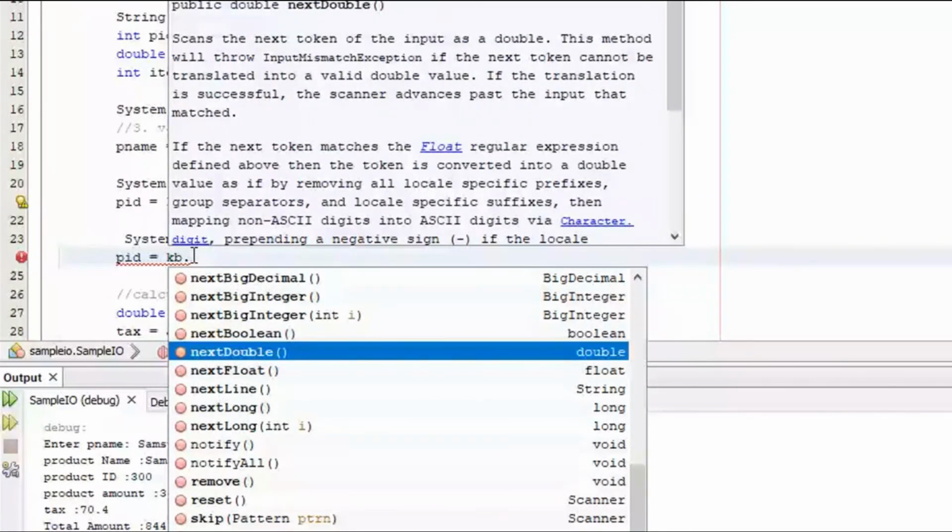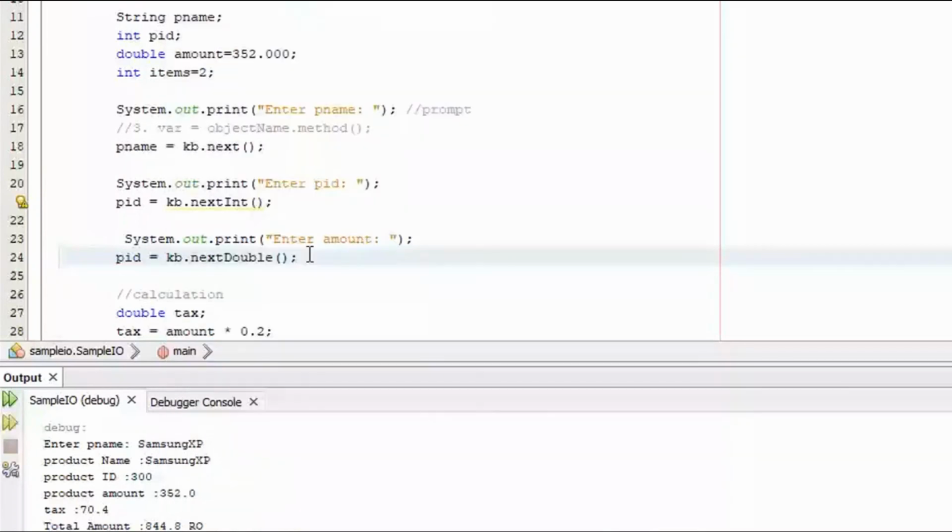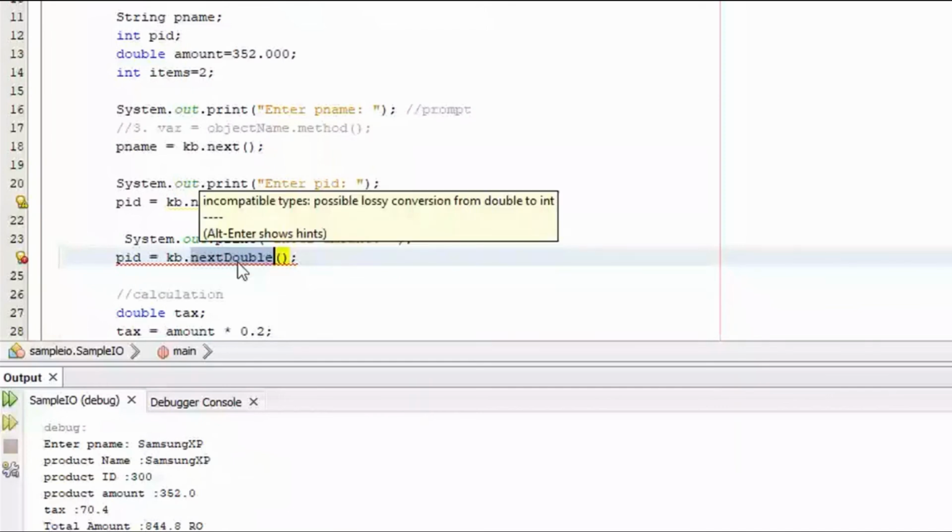You see, it's nextDouble with a capital D, not a small letter d. If you declare a data type, it becomes blue and is all small letters, but here it should be a capital letter.